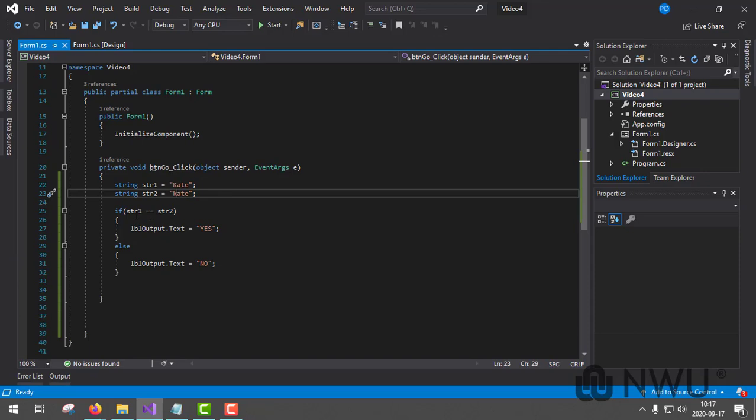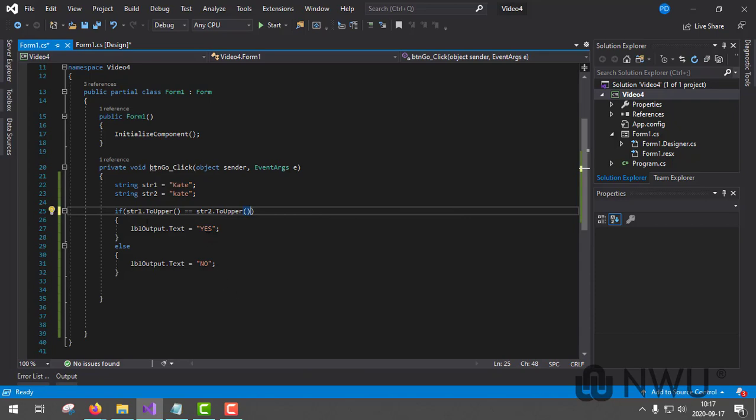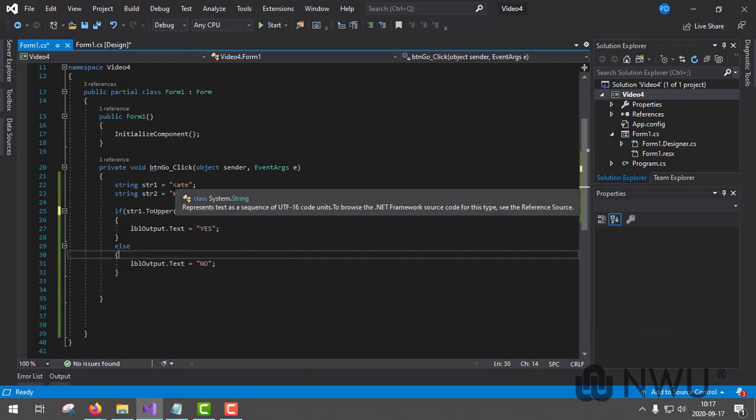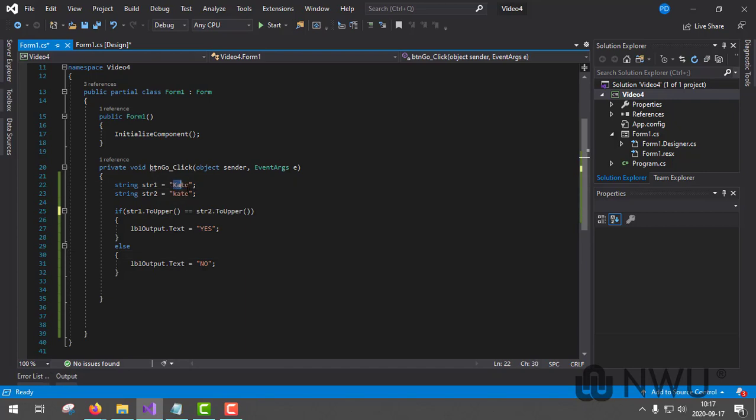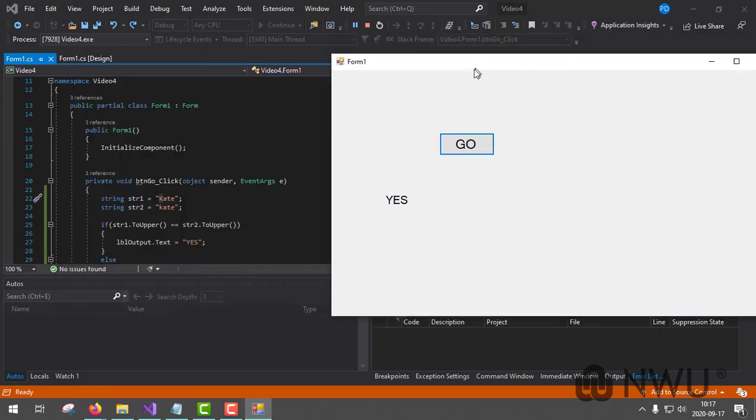Well, if we say string 1 dot ToUpper, and string 2 dot ToUpper, this will convert everything in string 1 to capital letters and everything in string 2 to capital letters as well. That's one way of getting around the capital issue in the variables. So now you can see that this case is a small letter and that one is a capital letter. So let's go to start and let's see. Now they are